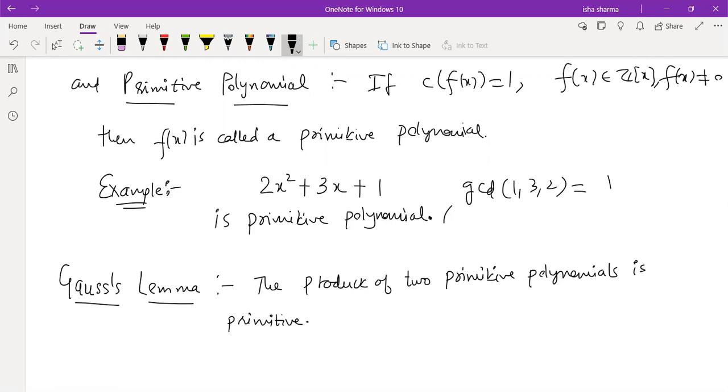So we will not be able to finish its proof, so I will not start that because otherwise next time I have to repeat that. So I'll just hold it till the next time and then we will do its proof. Because this is actually going to be used in proving the next theorem. The next theorem statement is reducibility over Q implies reducibility over Z. So that is another theorem where we'll be using this lemma, but I'll take up that next time. Meanwhile, you can ask me if any doubts you have in whatever we have discussed today or previously.